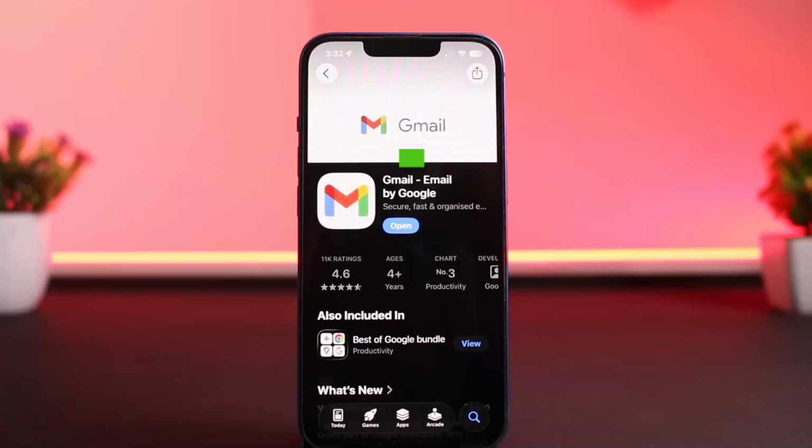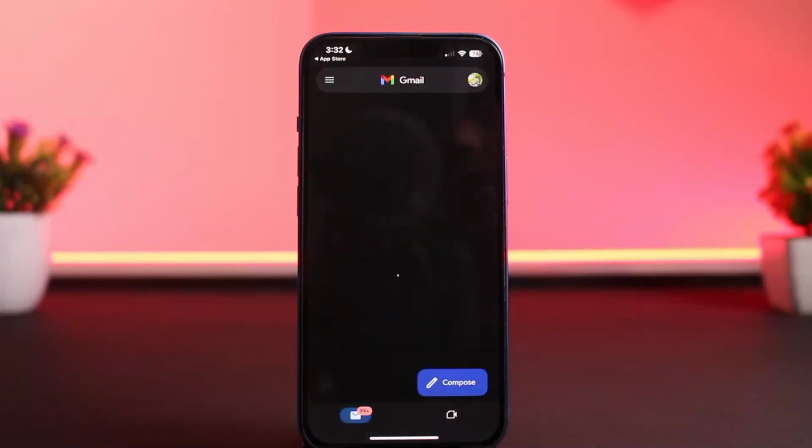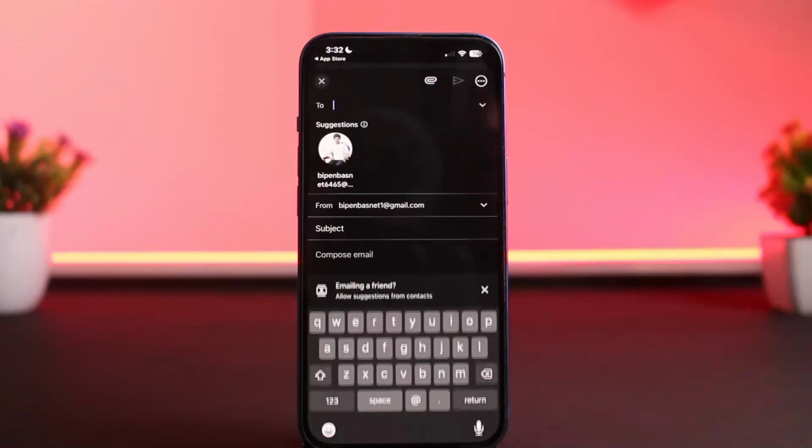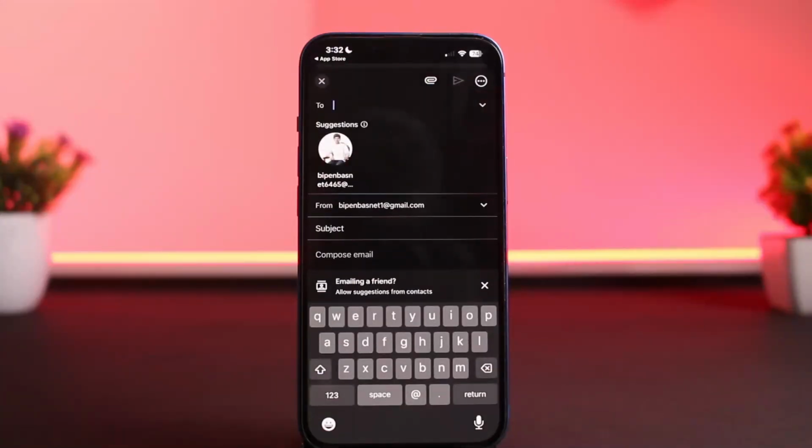Let me guide you through quick and easy how you can send confidential email in Gmail. Well, you can use the inbuilt feature of confidential mode in order to send confidential mail through Gmail. How you can do so? Let me guide you. Simply open up Gmail either on the browser or the app, then proceed to compose a new email here. Now you can select the recipient who you want to send to, and you can select the subject and compose your